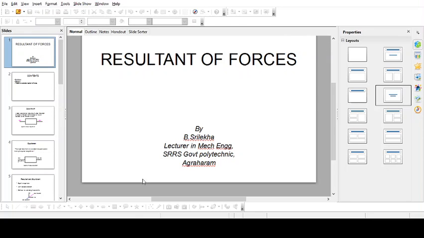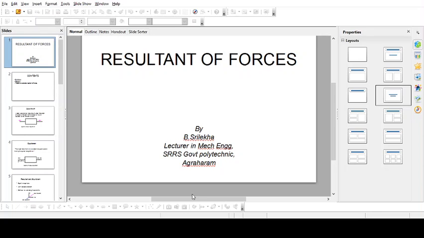Next, resolving the forces vertically. Now if I am taking the vertical, it means nothing but F sin theta terms. So the first one is 20 sin 0, which is 0. Next, 25 sin 40. Next, this one plus 10 sin 40, or you can also write plus 10 sin 140, which gives the same value.